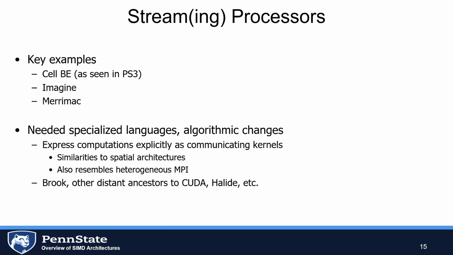The other thing that really inspired GPUs to a great degree, although it was also very different from GPUs in terms of where it was coming from, late 90s, early 2000s, were streaming processors. So these are different beasts entirely. The only one of these you've probably heard of is the PS3, which had the Cell broadband engine in it. That was designed as a streaming multiprocessor. That was a pain in the butt to program. But Imagine and Merrimack are sort of the small scale, and then this is for supercomputing,